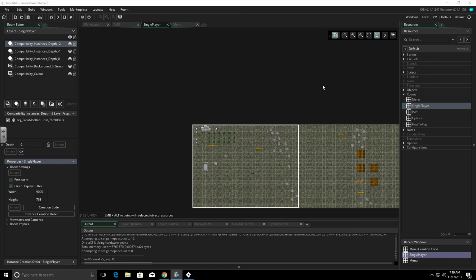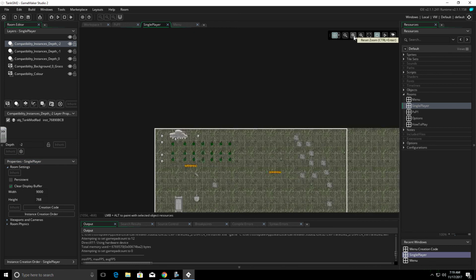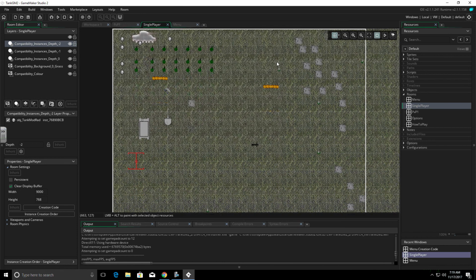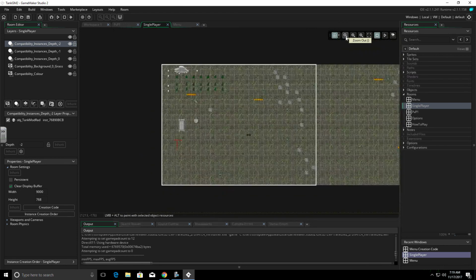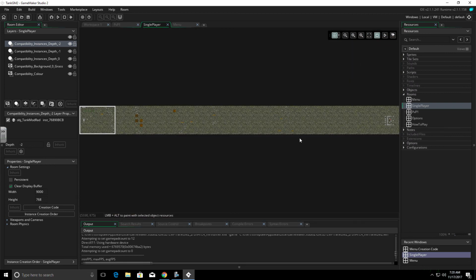Right up here on our toolbar, I've already used some of these tools. You can see I've got the zoom in tool. I've got the reset zoom tool, so it'll automatically pop back to a reset state. I've got the center fit tool, so I can see everything in the room.